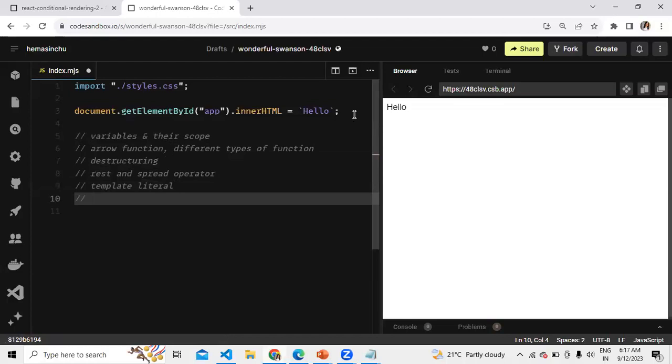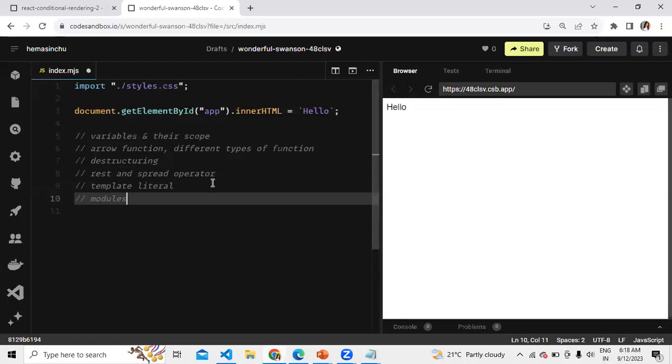Then we have a new way of importing and exporting things, which is called modules. So mostly we'll learn this.